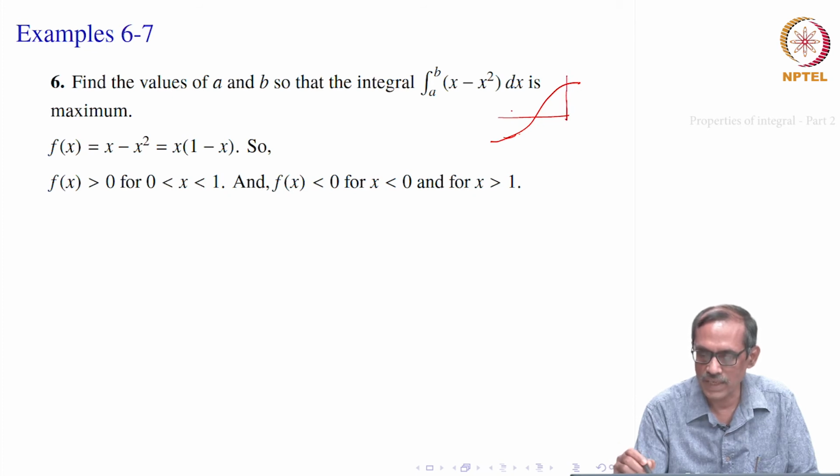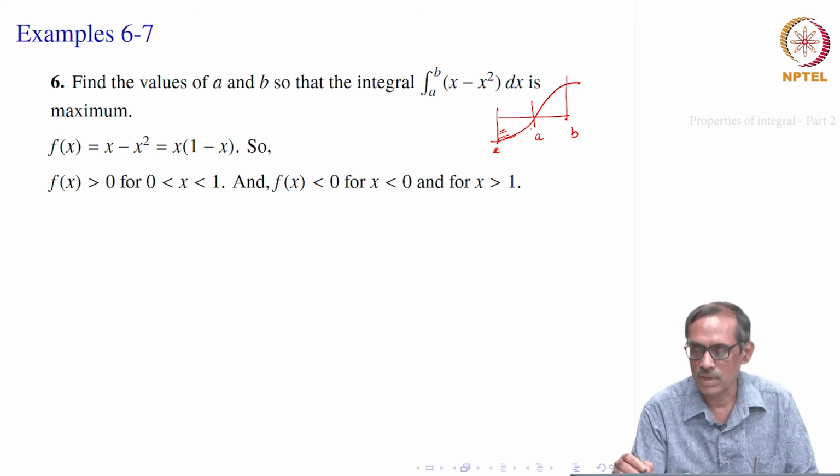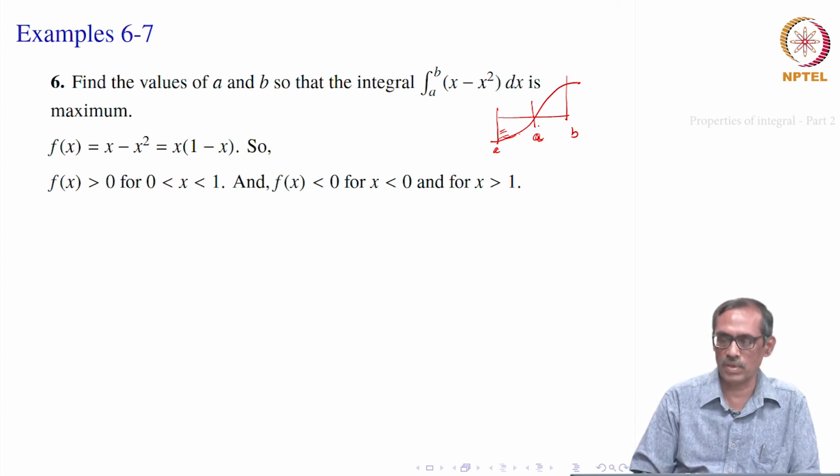If we want to maximize the area bounded by the function, the x axis and these two lines x equal to b, then instead of these negative values, you will take a to be here, because it needs to be maximum. So, there are no negatives here. That is, if at all the function has both positive and negative values, we should choose our a to be here. And b we do not know till now, but this is the guiding principle of going for that.